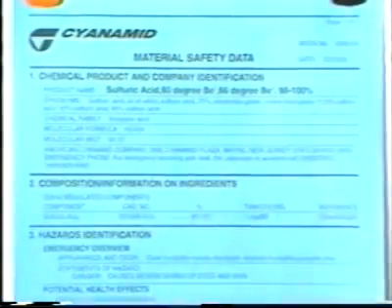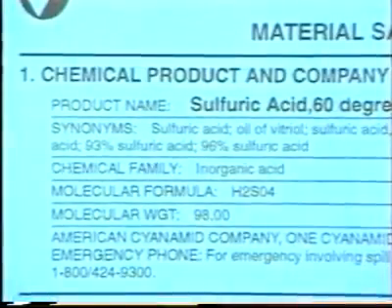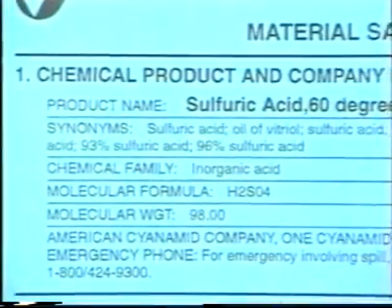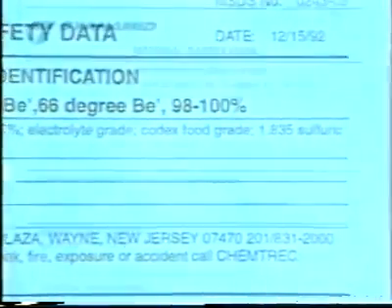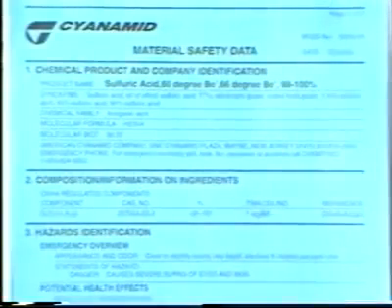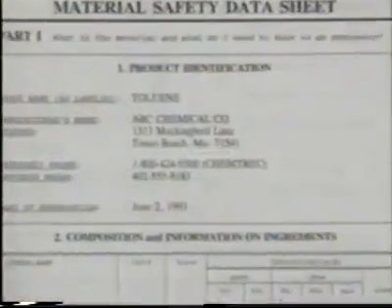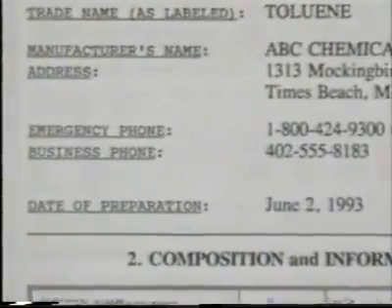Basic information about the material, such as its name, the name, address, and telephone number of the manufacturer, and the preparation date or date of the last revision, can be found in the beginning of an MSDS. Keep in mind the chemical name will be the same as the one on the label, although other names may also be listed. Usually, emergency telephone numbers are listed as well.